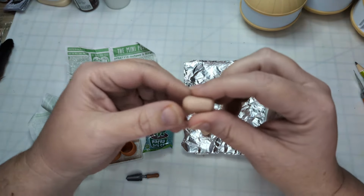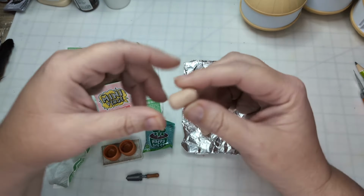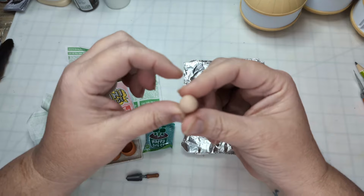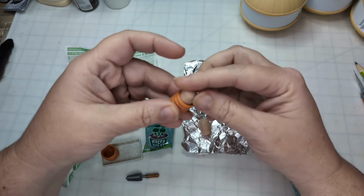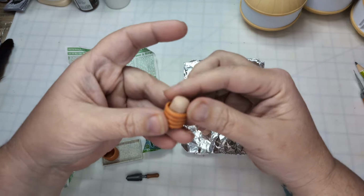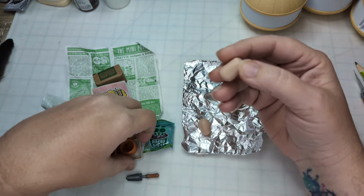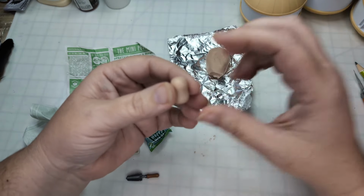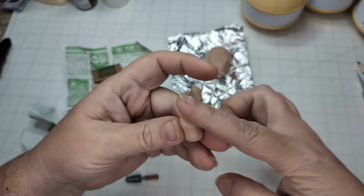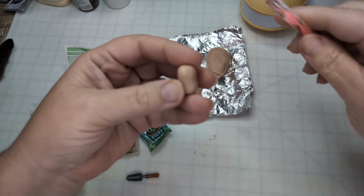Basically I have created some little cylinders, just big enough that they can fit inside, just to get an idea of size. And once you've got these little cylinders, a little bit rounded on the top and bottom, we're going to create